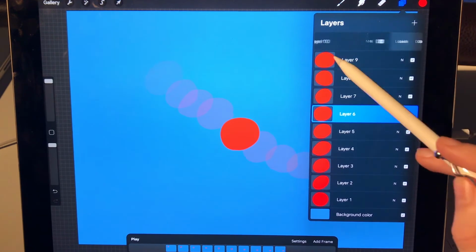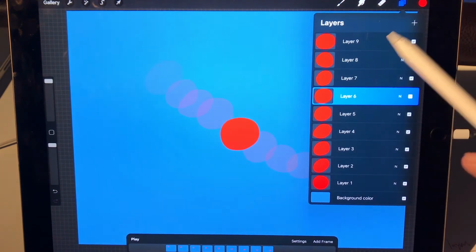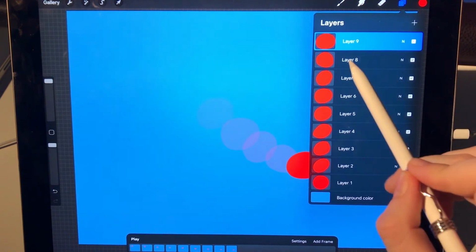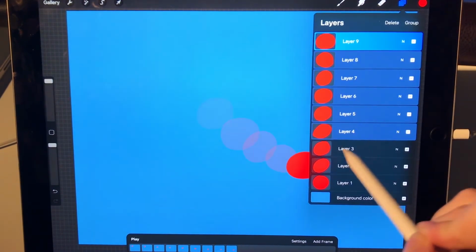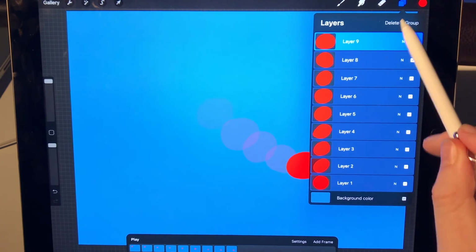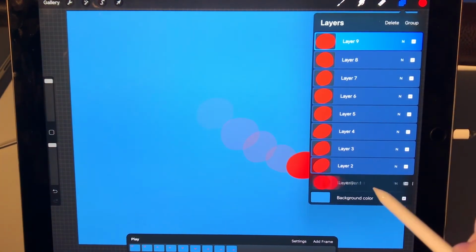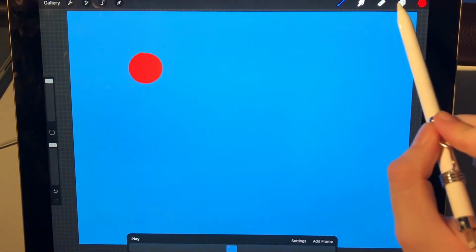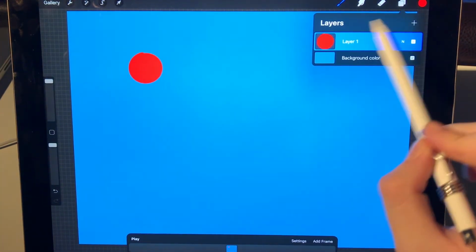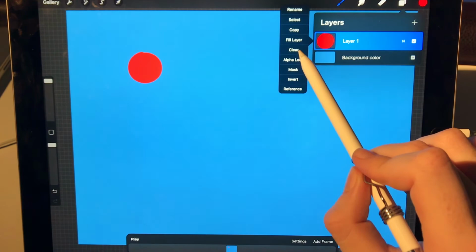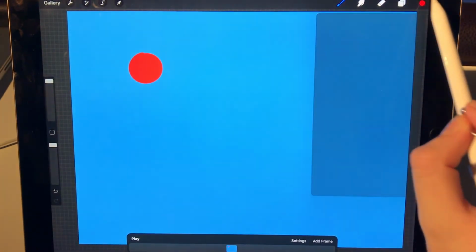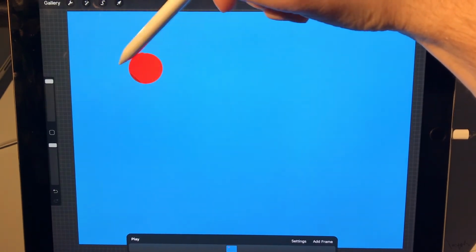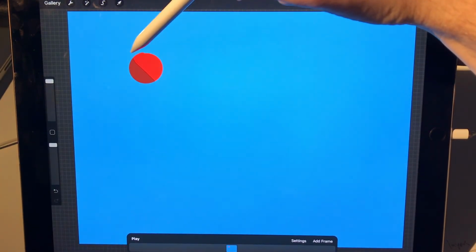You could also, I'm gonna delete all these, so you select one, and then you go to the right to delete all of these. Actually, I'm not gonna delete this one. So you can delete all those layers, and I have 1. Now let's say I click on it, I turn alpha lock on, then I go down to a darker color, and I go like this. Give the ball some texture